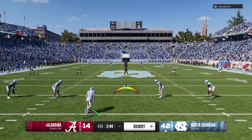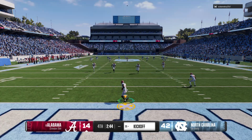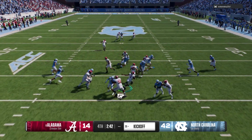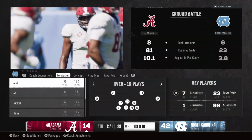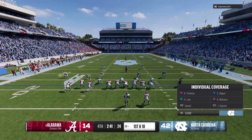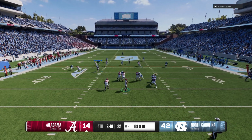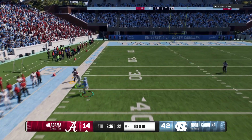Lining up to cover the kick after that touchdown drive. On the move from inside his 5. Nice job executing all of the assignments as they put a stop to that return at the 22. The Tide offense rolls onto the field. They were really aggressive going for it in their own end last time. It put them in a tough spot, David. Yeah, aggressive, reckless. They got to find the...